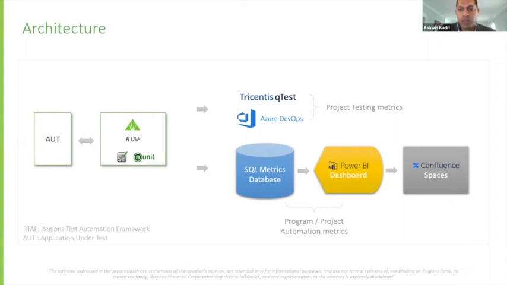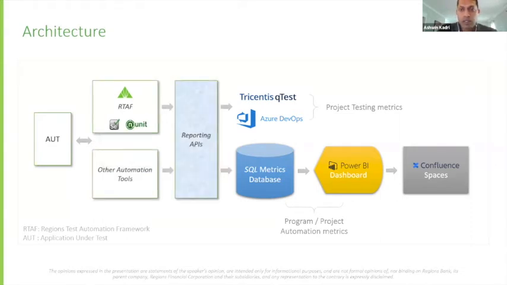We then wanted to expand to non-web applications, right? Why only limit ourselves to web applications? We have to test a lot of non-web applications as well. So we wanted to expand to that, for which we were using other testing automation tools and frameworks. So we had to make changes in our architecture to accommodate this.